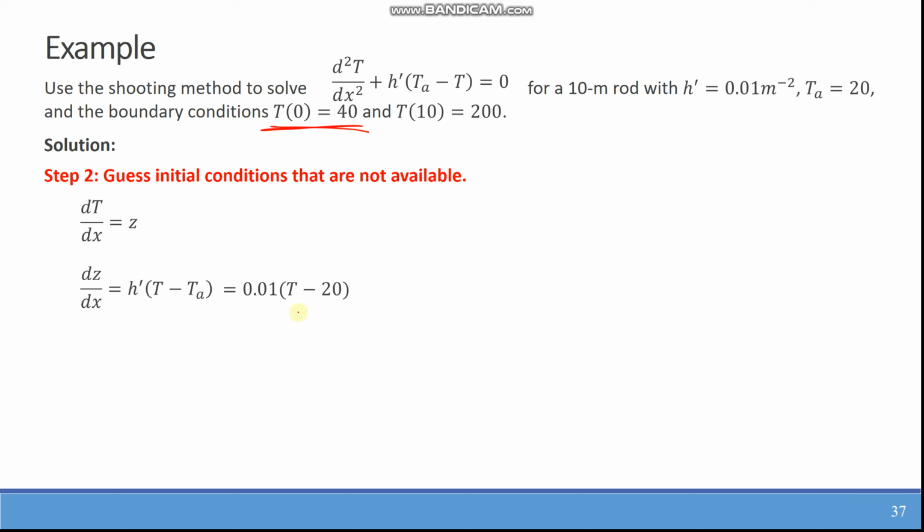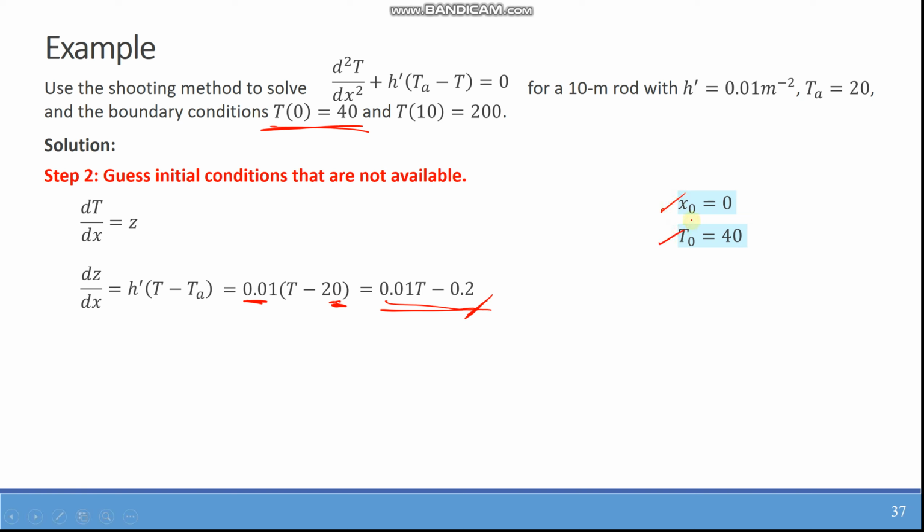So first, we just substitute the h and the t sub a. This h prime is now, and then this t sub a is constant. And we just distribute at 0.01, and then the equation is looking like this. So this is our initial condition at x is 0,